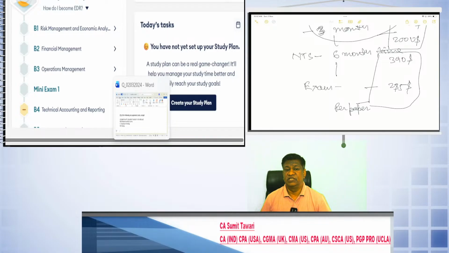Any other point we need to discuss? I think they are not yet in that position to appear just now, so maybe they do not have any doubts at present. When they start appearing or preparing, at that time maybe we will come back to you. Yeah, definitely, no problem. But again, I'm telling you, solving 3 to 5 questions is not a big task. It is 10-15 minutes, but you can develop the interest